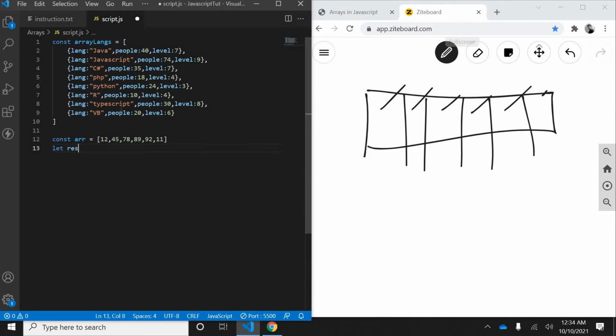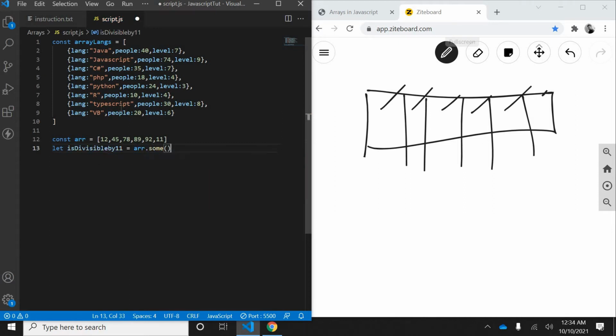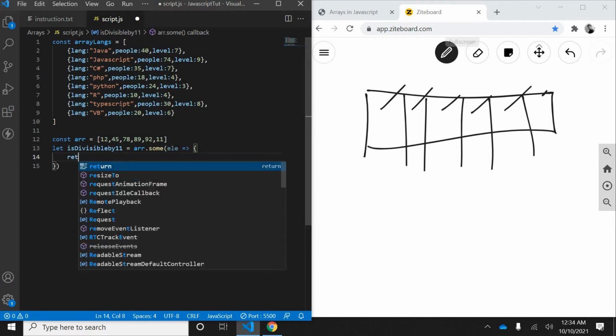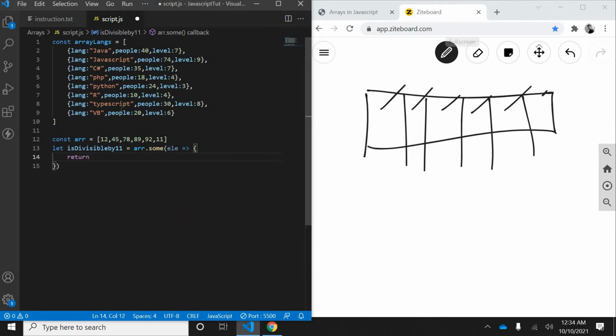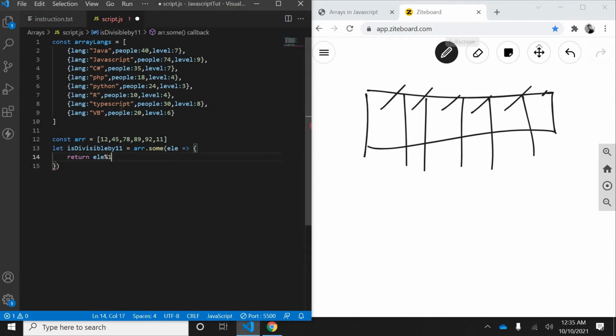So let res, just give is divisible by 11, just a variable name like this, and arr dot some. Inside that, as usual, I'll write ele. Then here return if the element is divisible by 11.